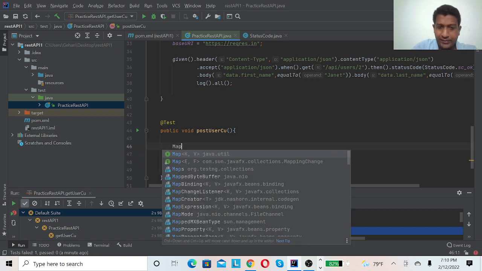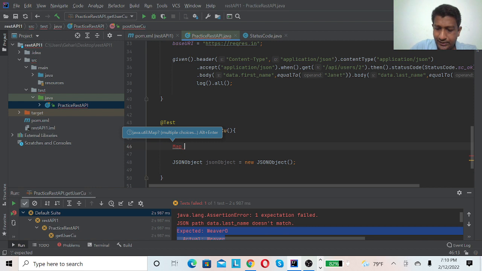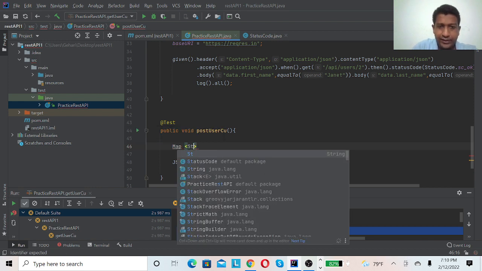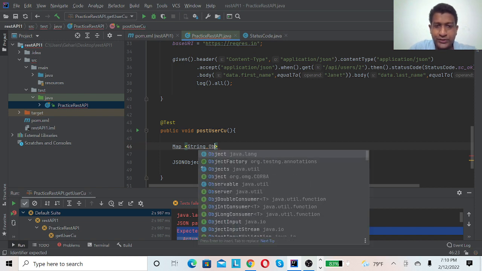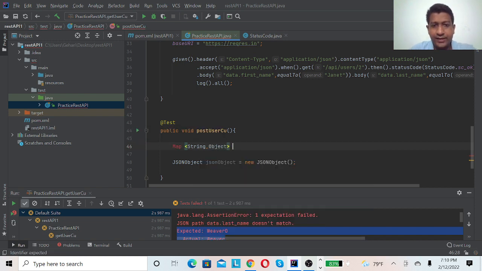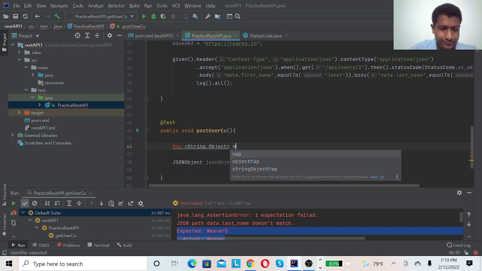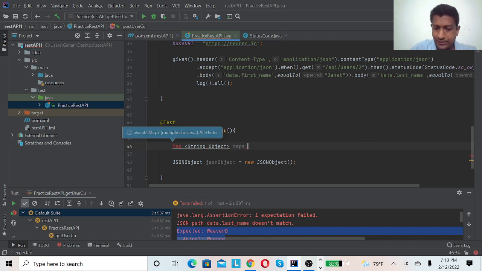Likewise, like this map, creating a map with key value pairs. For the key I accept only string values, and for the value I need to accept integer, double, float, anything. So I will put Object, which is the highest level of data types in Java. And then maps, I will get to a maps and new HashMap.